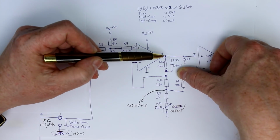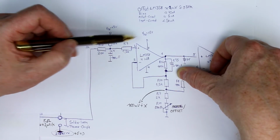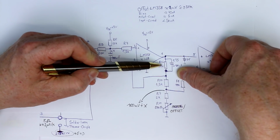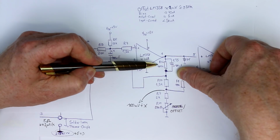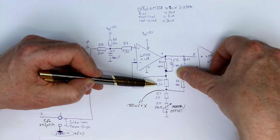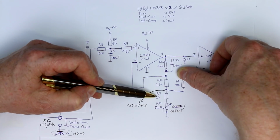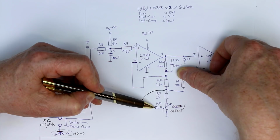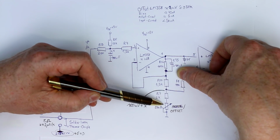Now what do we have here? Now we have a simple non-inverting amplifier, and the amplification factor is, here we have this 100K resistor, and here we have this string of 3 resistors, 1.5K, 2K, and whatever the 10-turn trim pot is set to. And now here's the problem. This trim pot